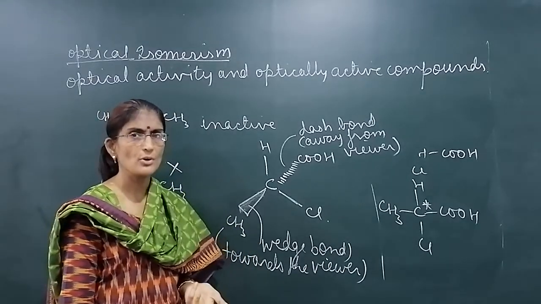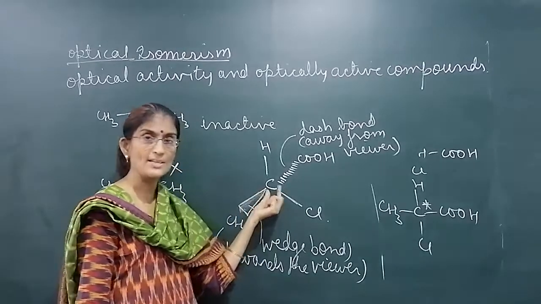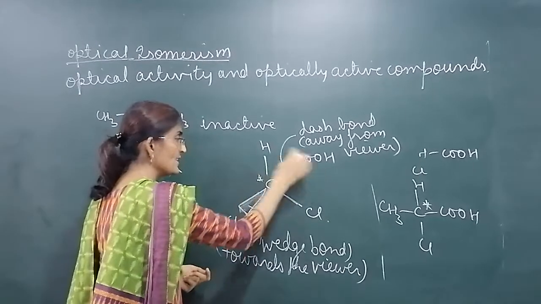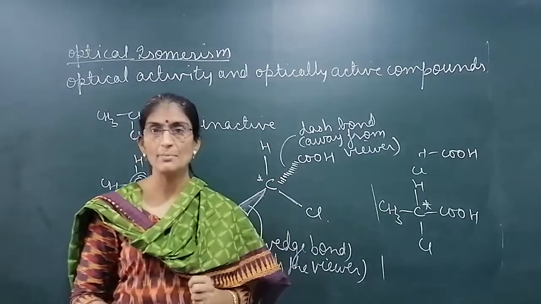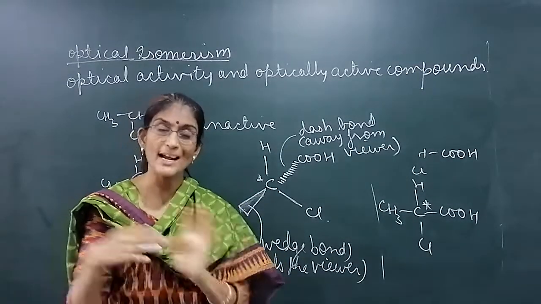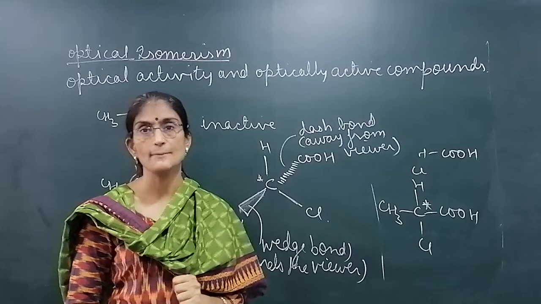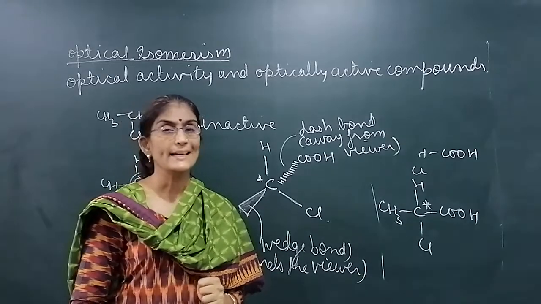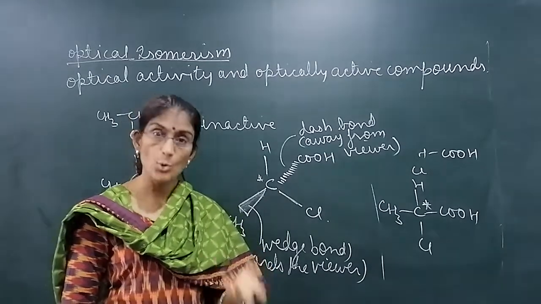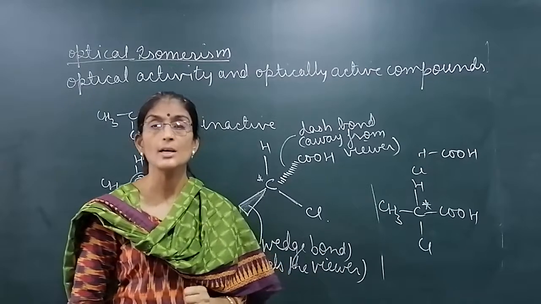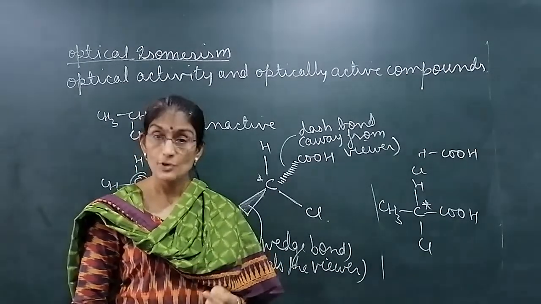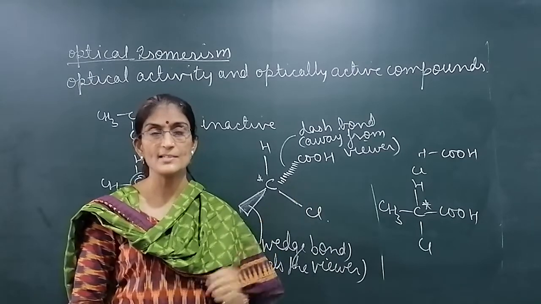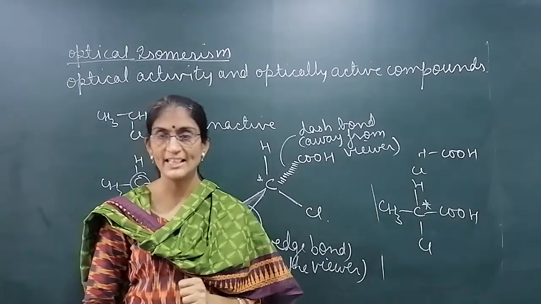So that we will also do. Just we have to find out whether the carbon is chiral or not. All the 4 valencies are different or not. That we have to see. So this way also the compound can be written in 2 dimensions, which is actually in 3 dimensions. Clear? In the next video, we will do some more terms regarding stereochemistry, that is retention, then inversion, and of course the racemic mixture. Till then, bye.